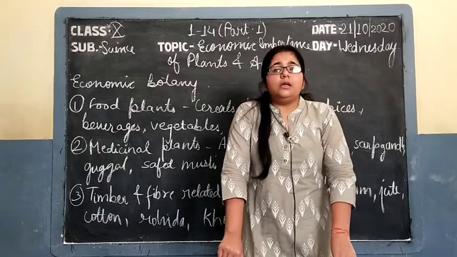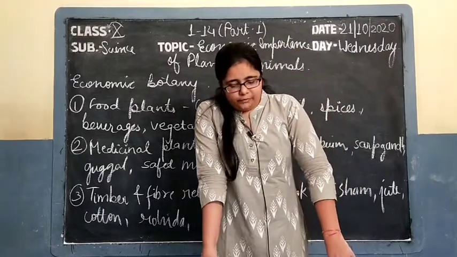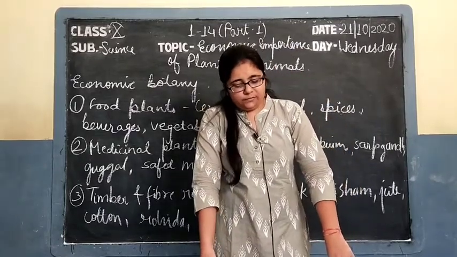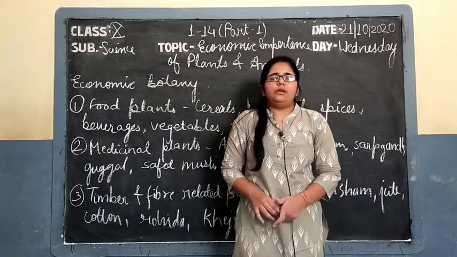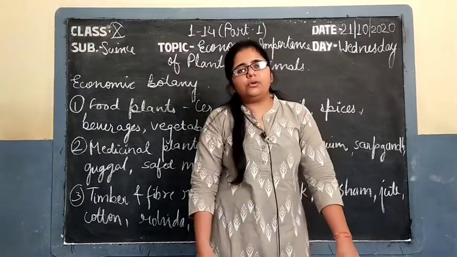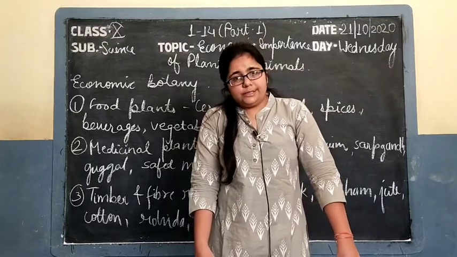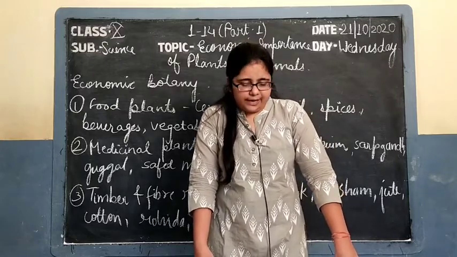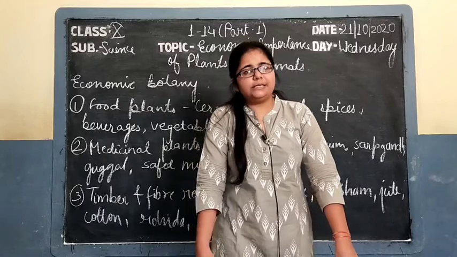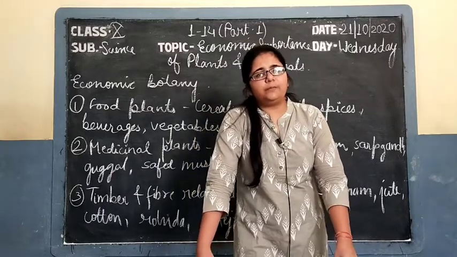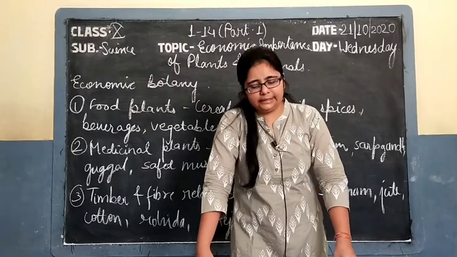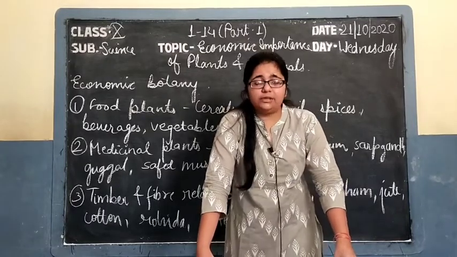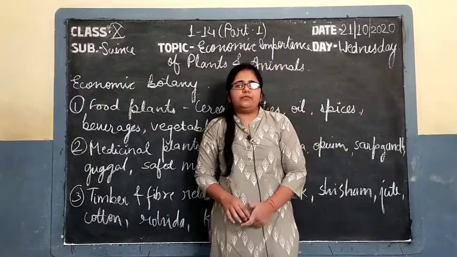Then come the vegetables which are obtained from the inflorescence, that is cauliflower, Brassica oleracea, the variety botrytis. Cauliflower, cabbage, knol khol, all are Brassica oleracea, but they have different types of varieties. So cauliflower, the name itself reveals that it is obtained from the inflorescence, and it is Brassica oleracea and the variety is botrytis.